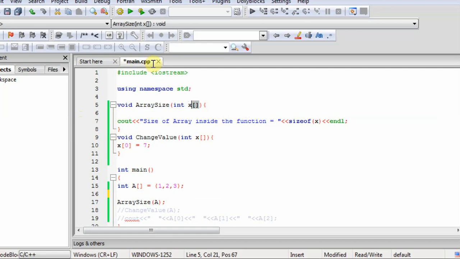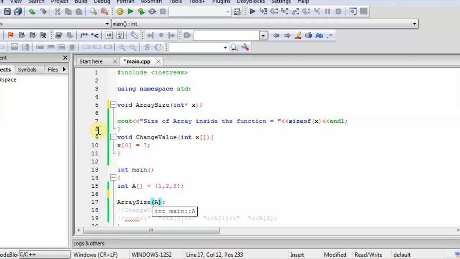So this is actually a pointer variable. If I write like this, it is the same as previous.